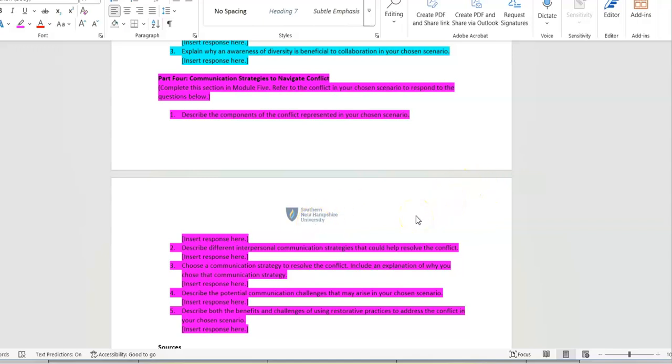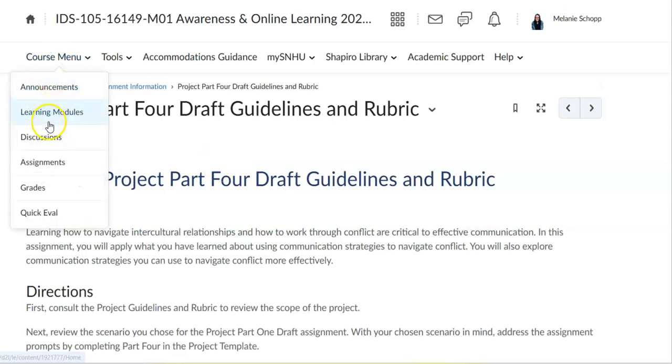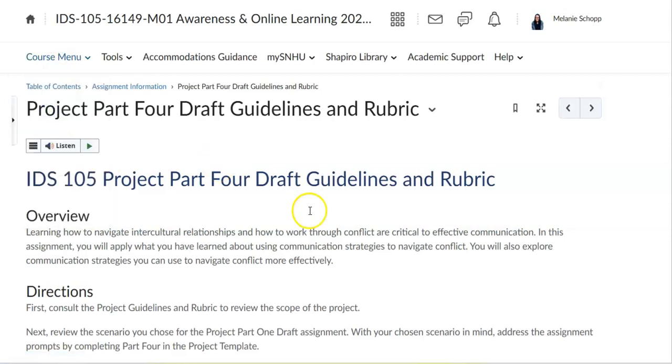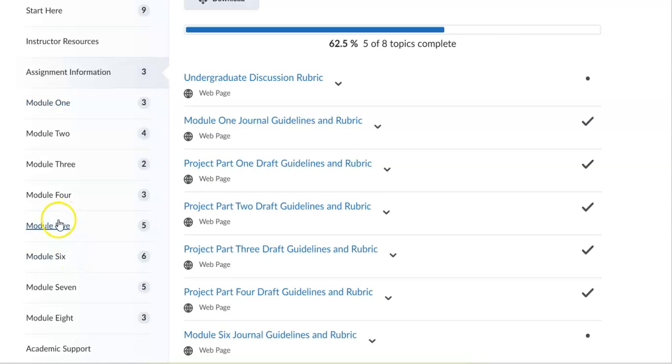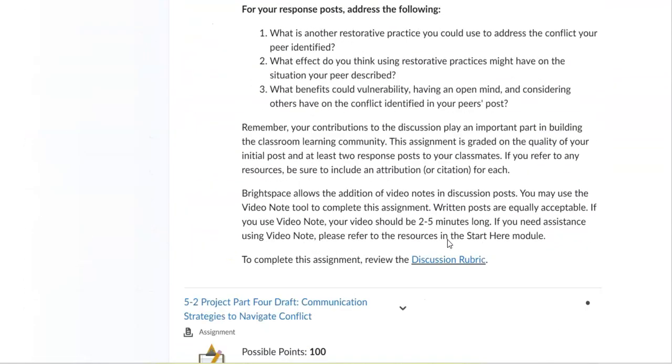So remember, just for this week, you are only answering the Part 4 questions, and you want to make sure that you turn in this final project draft by Sunday or before, as convenient for your schedule, okay? All right, y'all, that's all you have. Again, learning modules, Module 5, all you have this week is that discussion assignment, and then you have your final